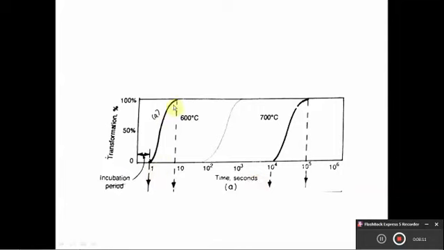So this will be the first S-shaped curve for the 600 degrees Celsius sample, where the second bath is maintained at 600 degrees Celsius. This is for 700 degrees Celsius. When the second bath is maintained at 700 degrees Celsius, that S-shaped curve is there. Similar different S-shaped curves are plotted here, which are superimposed with the subcritical temperatures. So here you can observe the incubation period, where no transformation has occurred.